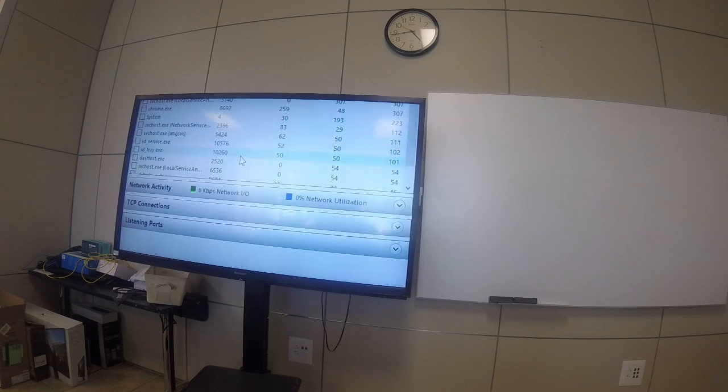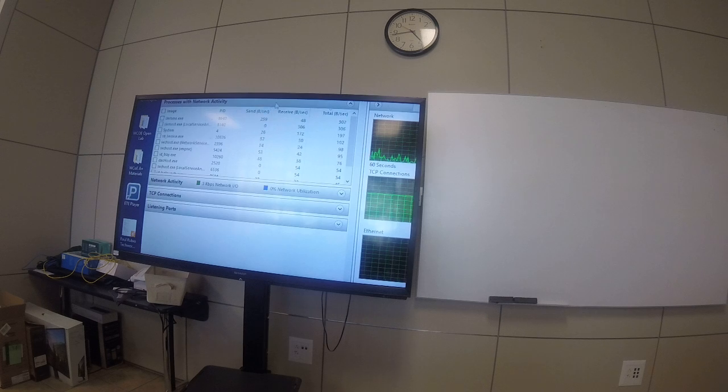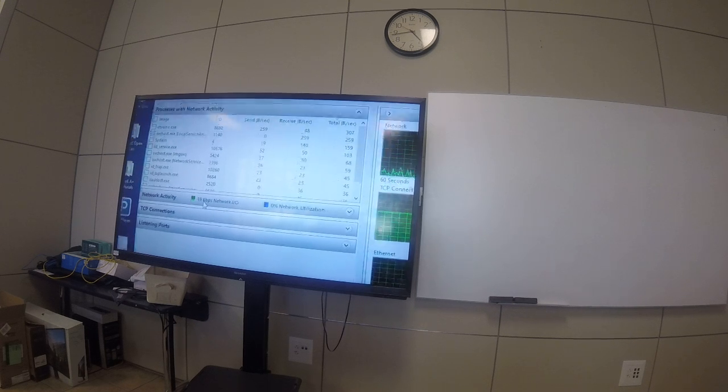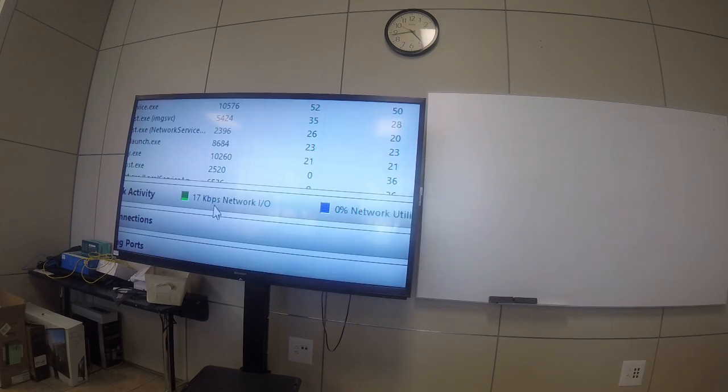But when we get into Wireshark, we'll take a look at how to examine packets in Wireshark, so you can see, why do we have 19 kilobits per